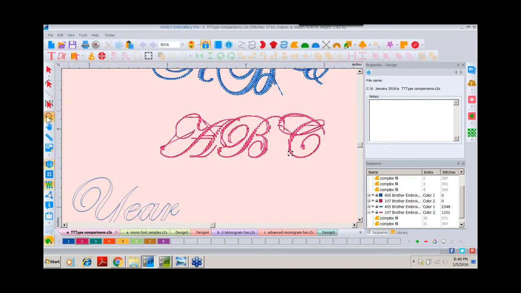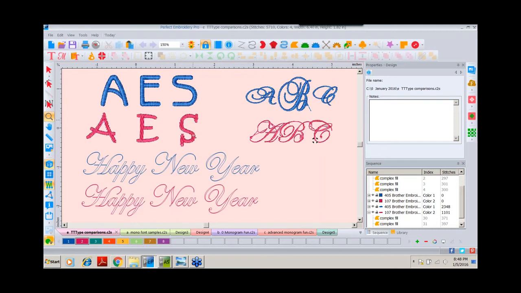I'm not saying that you cannot use TrueType font. I have, and have been successful with many of them. What I'm saying is do be careful of your choice because it might not give you what you are after. These are both done as TrueType font,